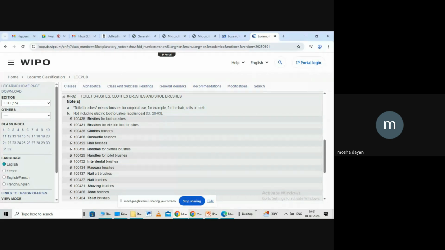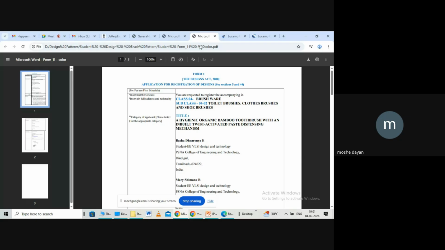So what have we given here? Have I given the subclass 2? Yes, it's a toilet brush. So I have given the subclass 2 here. Again, title of the invention, as I said, when we receive the exam report for this particular invention from the controller, he will say, please make the title brief. Don't make the title elaborate. Title should be very short and sweet for design patents.